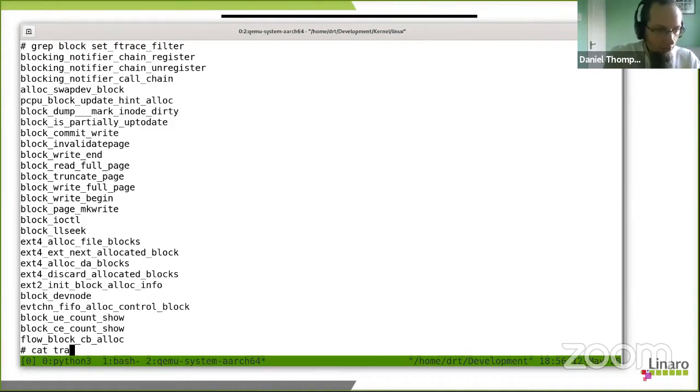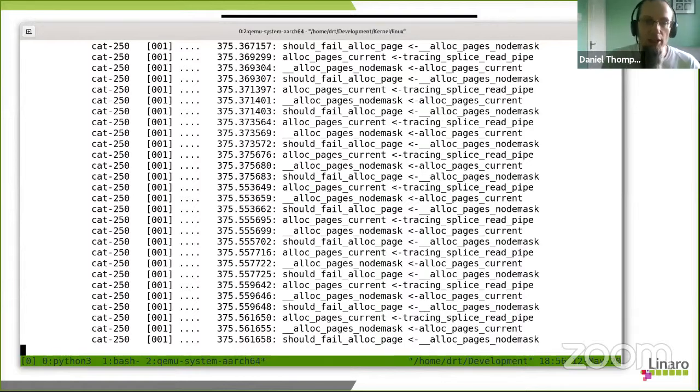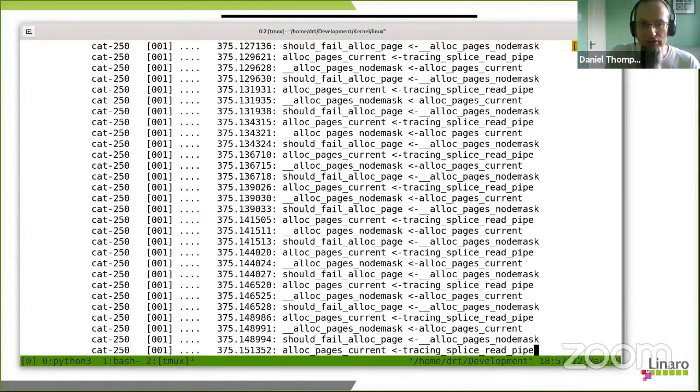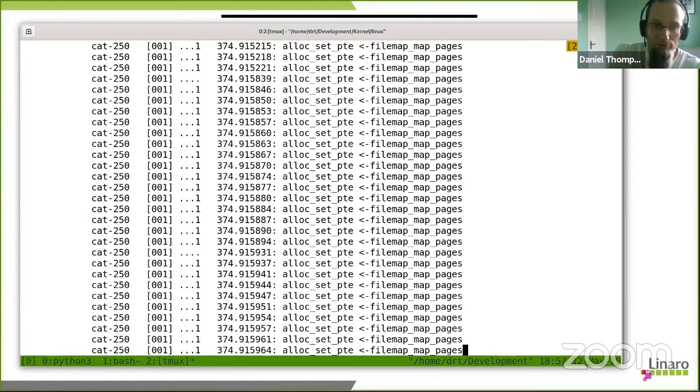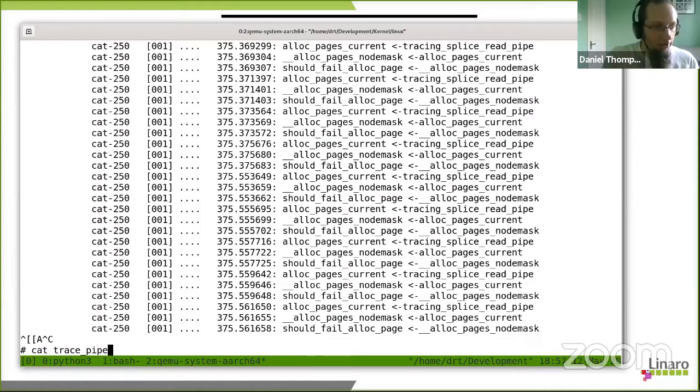And now when I look at trace files, we will see a fairly significant flow of activity going on. It's not unbelievable amounts. It's a quiet system after all. But when we ran the cat, we did do a whole bunch of memory allocations and other things. Now you'll notice I haven't got my prompt back. And that is because, I don't know if you caught it when I ran it, but I ran cat